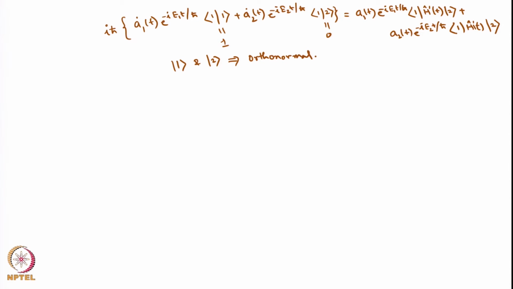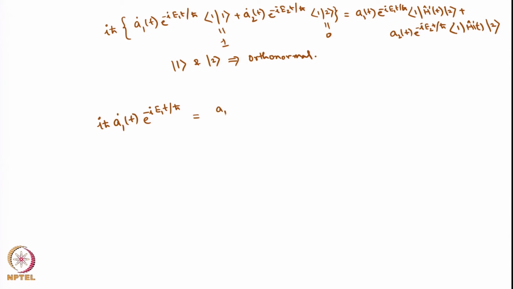That means on the left hand side only one term will survive. So what you get is iħ A1 dot t e to the power of minus iE1t by ħ, that ψ1 overlap is just 1, should be equal